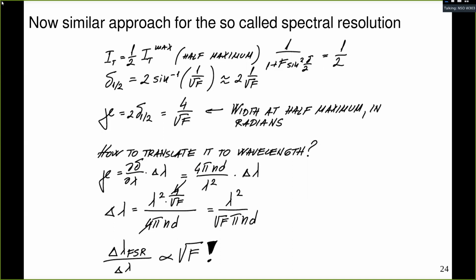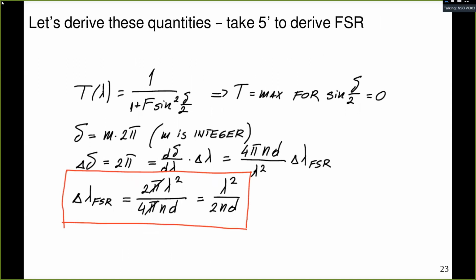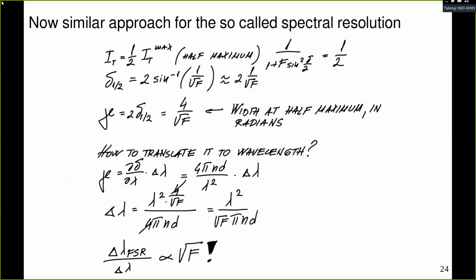And now there is a very interesting consequence of that: if we look at the ratio between the free spectral range and the spectral resolution, it is going to be proportional to the square root of f and nothing else, right? So even the n d and lambda squared are all going to cancel between these two things. So for a given filter,